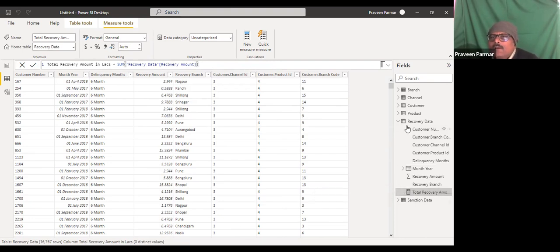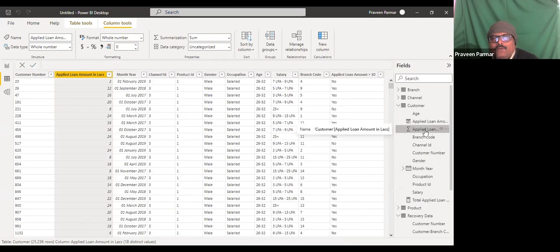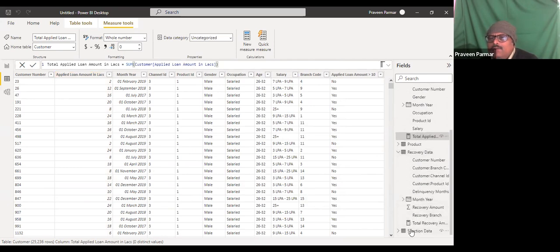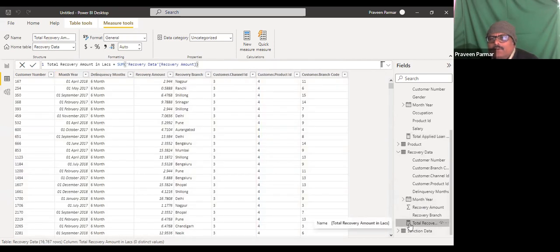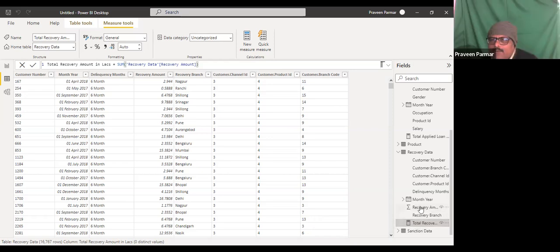Okay. And in the customer table, you should get that total applied amount. Sorry, this summation is not, we are working on that. We have worked on this. But this is our applied loan amount, and here recovery also we are getting. If you see here, we are getting total recovery amount. It is the calculated field we have got. Understand? Yes, sir. Got it? So it's what we have calculated. It is showing here the summation.